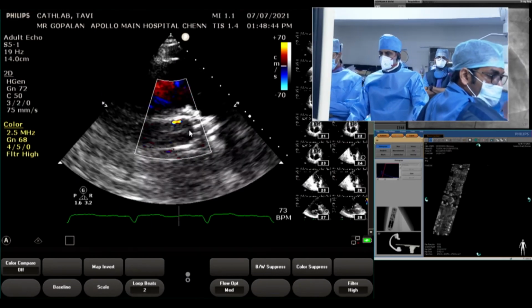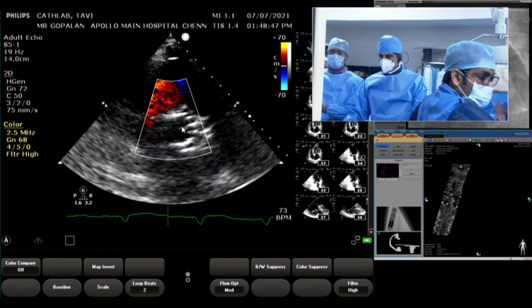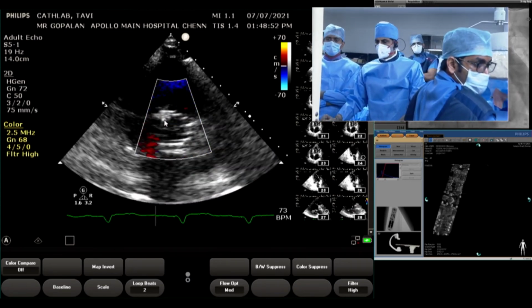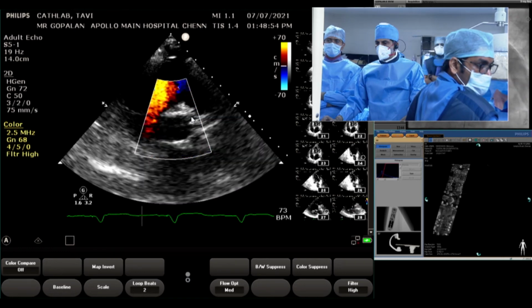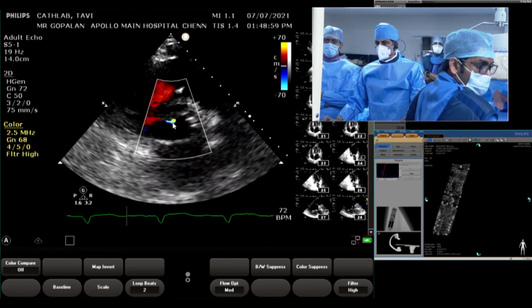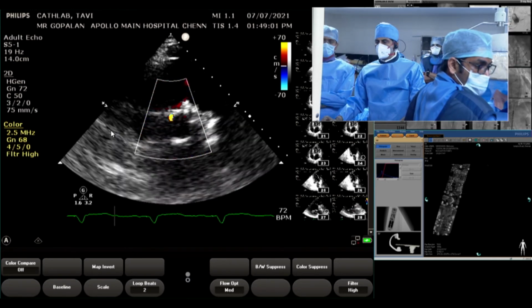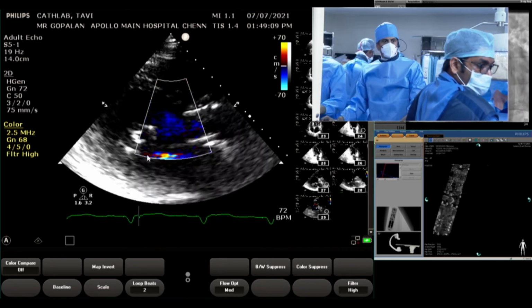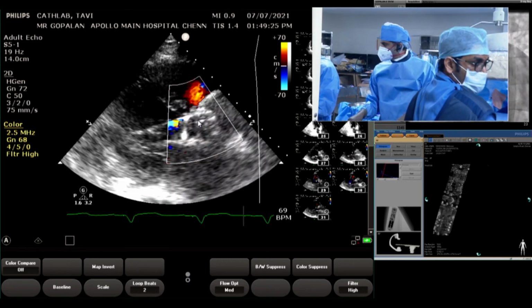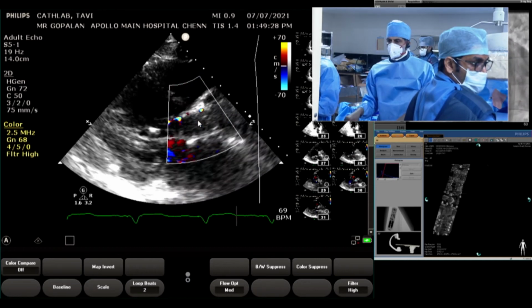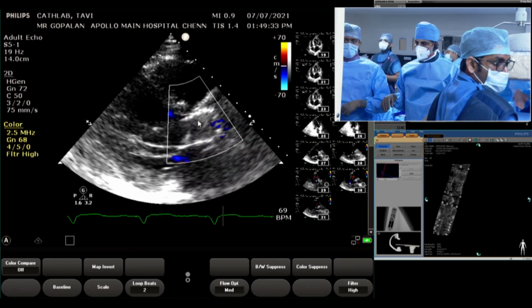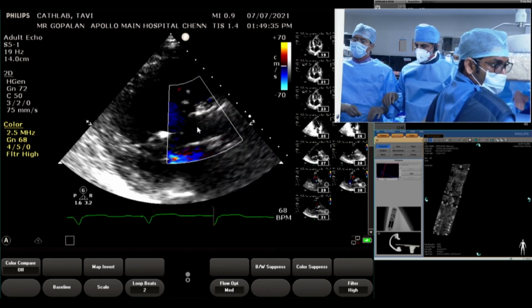I think the valve looks nice. The leaflets are opening very well. There's a tiny bit of leak along the wire, intraprosthetic regurgitation. There's nothing around the valve at all. Once you remove the wire, I think this regurgitation will go away, and we'll go to the short axis. Due to the wire, so we're going to remove the wire now. The valve itself looks very good, and I think he had a LV dysfunction, EF around 30%. Now the contractility appears to be a little bit better, but we'll have to still see.